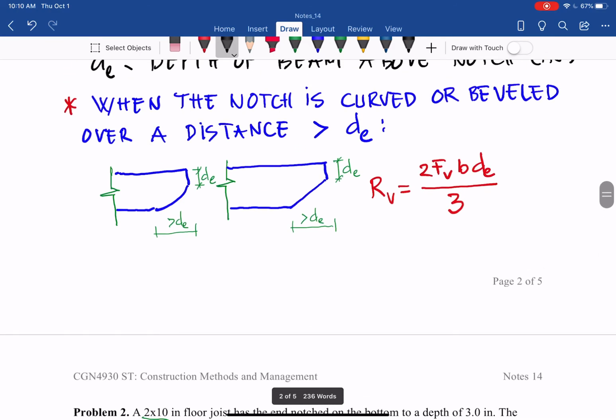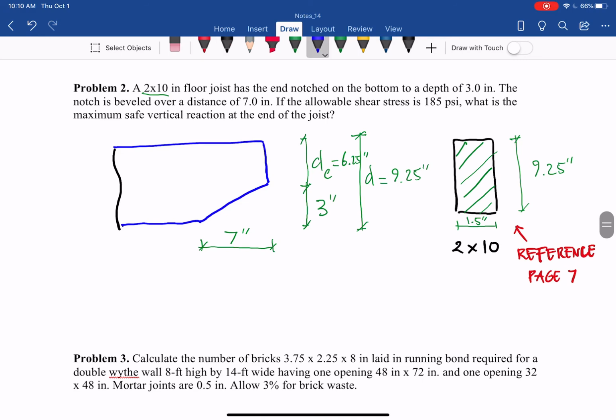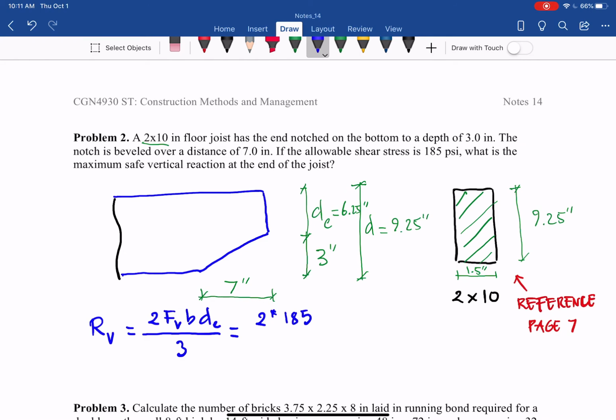RV equals 2 FV B DE over 3, so we plug in FV in psi, which is 185 psi, B the width of the beam with the nominal size 2, so 1.5 inches,